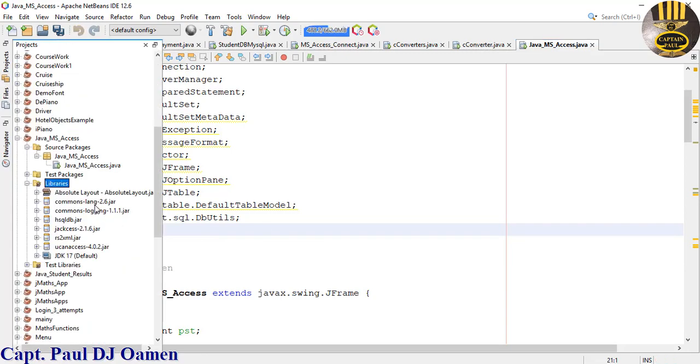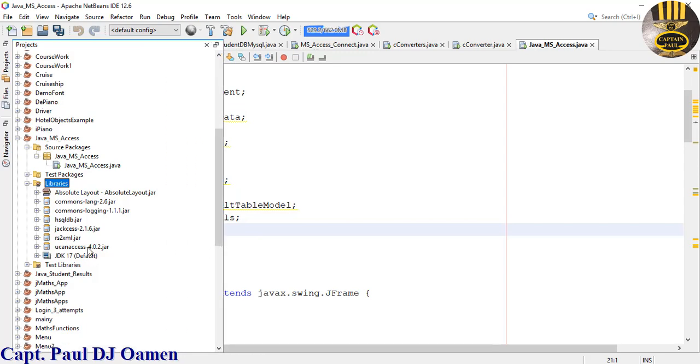You're going to need them, six of them so far. You can always download them online and just save them somewhere for future use. Okay, those are the files: the commons-lang, the commons-logging, hsqldb library, jackcess, rs2xml jar file, and the ucanaccess. There,